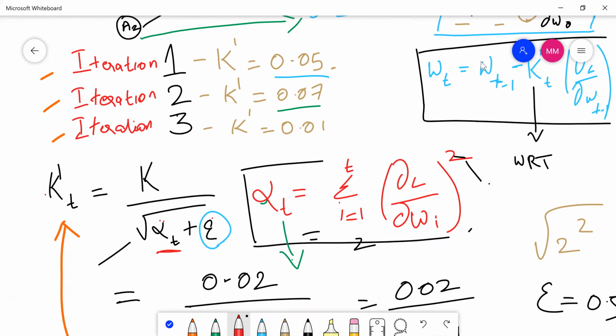So initially, just consider k1 t1 will be the first iteration. Again we will compute this value k1 t2. So this value will be for the second iteration, and it keeps on going till the nth iteration. Okay, hope you understand what the Adagrad optimizer is.